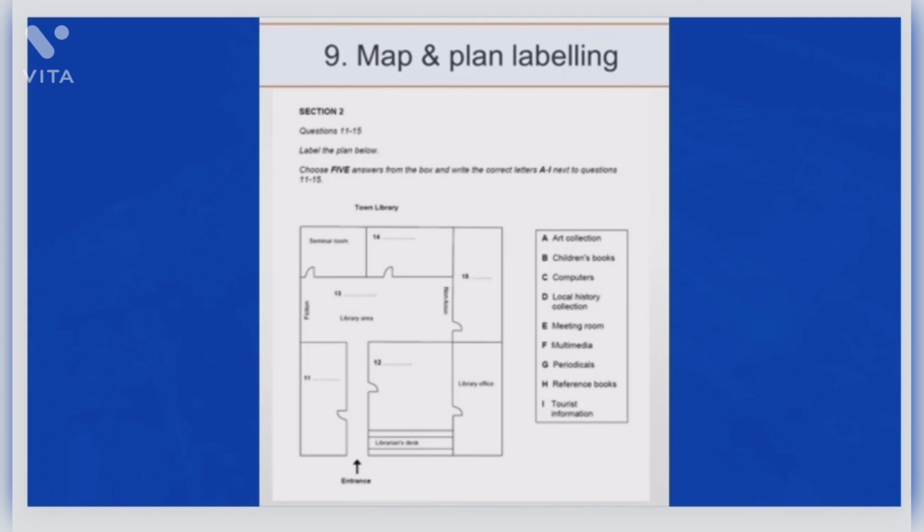Many students find this one of the easiest question types to answer because the graphics will contain lots of clues as to the missing words. Especially in the labels that are already present, as well as the plan, map or diagram. You may also be given a list of words from which to choose the correct answers.